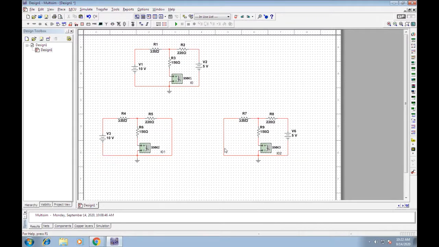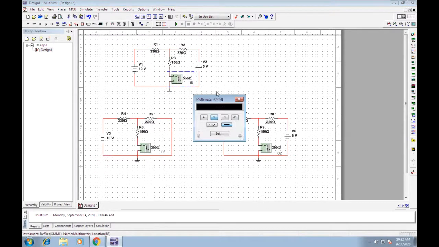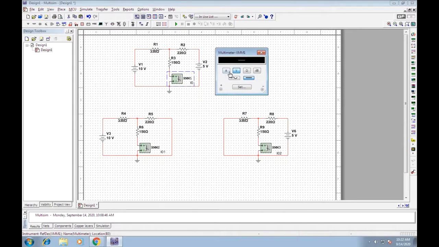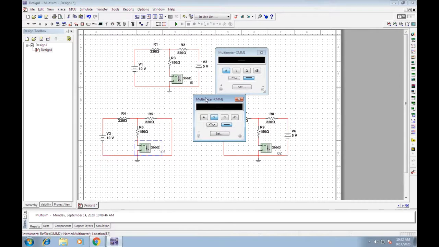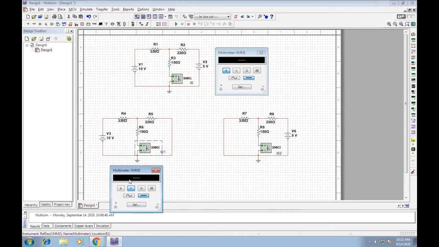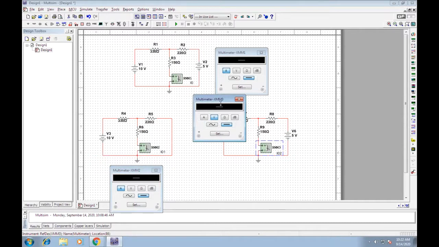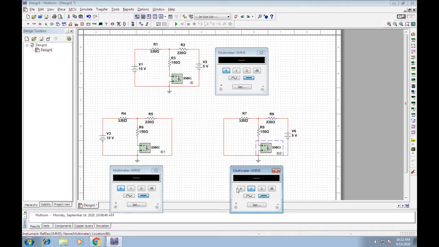Any questions still here? This multimeter we are going to use to measure the current, so use current, amperes. This multimeter we are going to use as current to find I01. This is to find the current I02. Use current. Any questions till here?